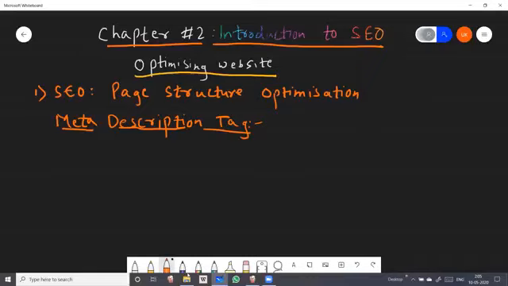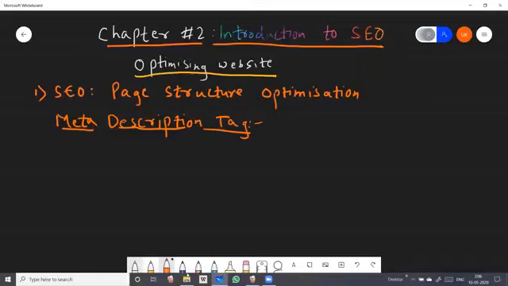Just for the purpose of explanation, we are going to see the example of this meta description tag, that how to use it along with your image tag. Okay, image tag, you know that img tag, but we are going to use the img tag along with your alt attribute, that is the alternate text or alternative text. But before starting with that, students, we should just have a brief explanation about meta description tag.